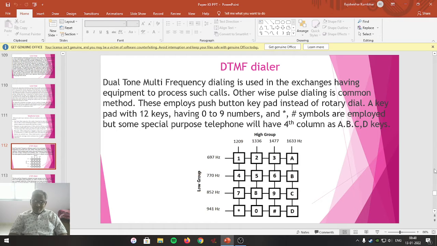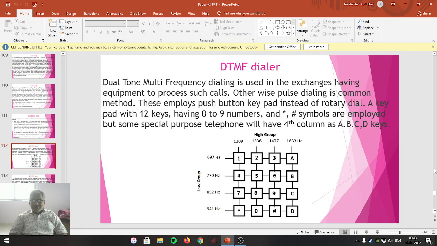Pulse dialing system is a kind of system that contains 0 to 9 numbers in a circular format on the telephone handset, which has an attached stopper.